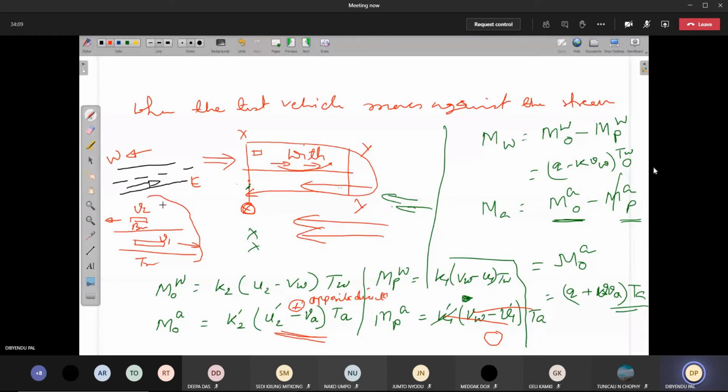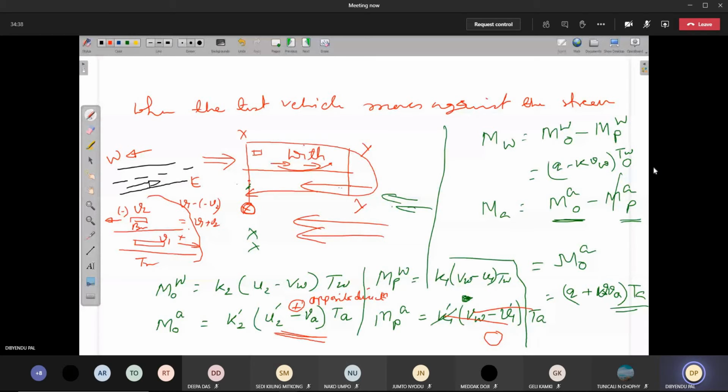What will be the relative speed of B1 and B2? B1 plus B2. If you assume that this speed is in the positive direction, then since the other is on the opposite side, its speed will be in the negative direction. So what is the relative speed? The relative speed is basically B1 minus of minus B2, so that will be B1 plus B2.